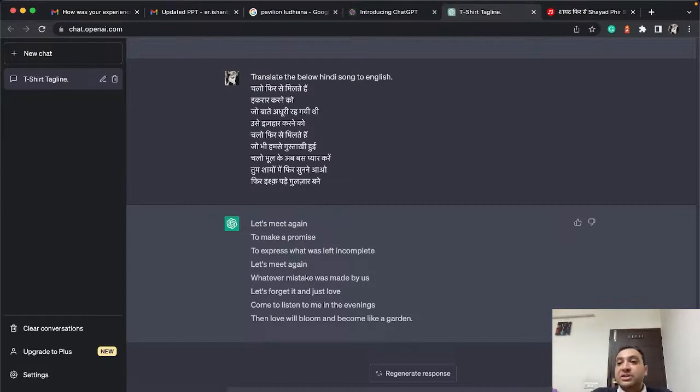We can use ChatGPT for sentiment analysis as well. It means you can use ChatGPT to analyze text and determine the sentiment behind it, whether it's positive, negative, or neutral. There may be a scenario where you have some textual paragraphs, you can give them to ChatGPT, and ChatGPT can process them. It can be useful for companies that want to understand how customers feel about their products or services. For example,